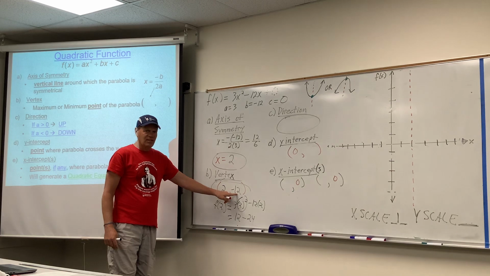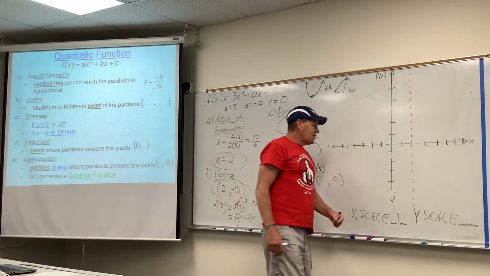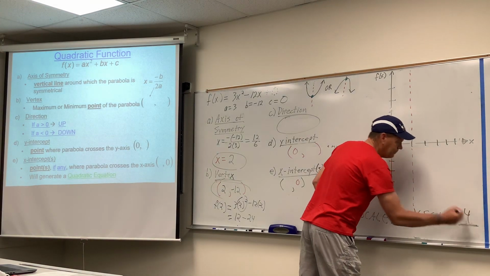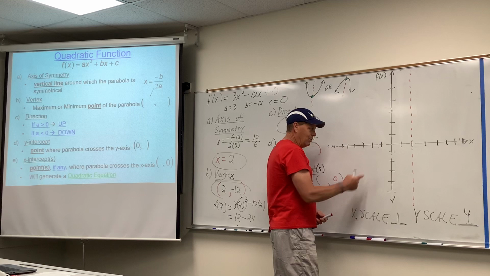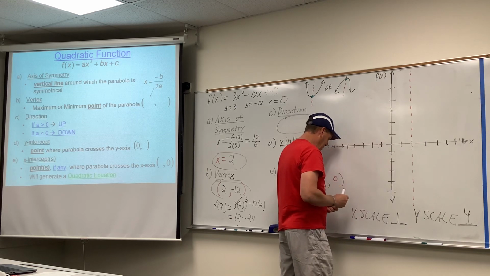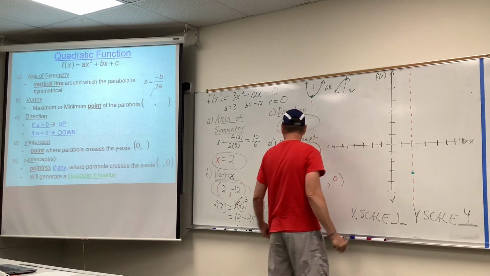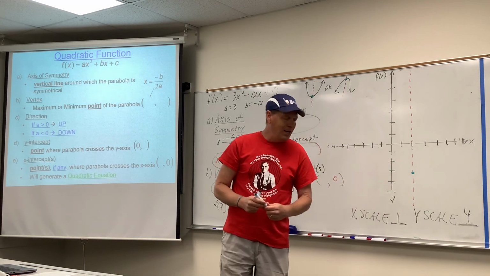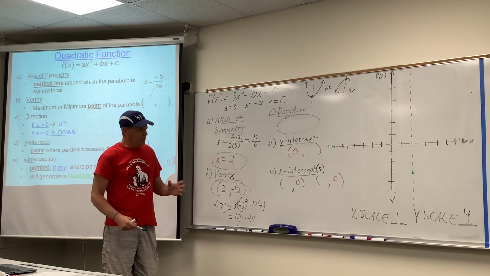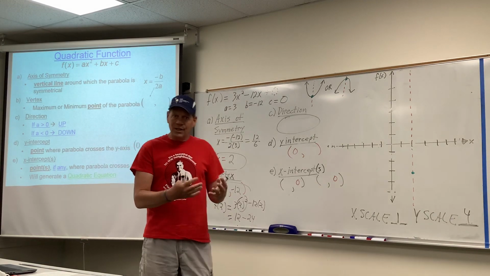We want to scale the y-axis in a way that would accommodate the number 12 somehow. That's up to you. I'm going to scale it, the y-axis, by, you can do whatever you want. I'm going to do it by 4s. All right? So, just keep in mind, every one of these is 4. So if we want to get to negative, so wouldn't that ordered pair be 2 on the x, and then, let's see, -4, -8, -12. That'd be 3 boxes, wouldn't it? If every box is 4, 4, 8, 12. All right? So there's your vertex, based on the scale that I chose. I don't care, go by 1s if you want to count 12 boxes. I don't know, that, as long as you identify your scale and use it as you graph, it's up to